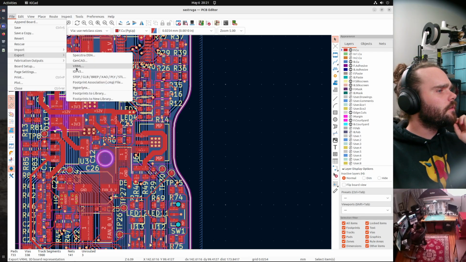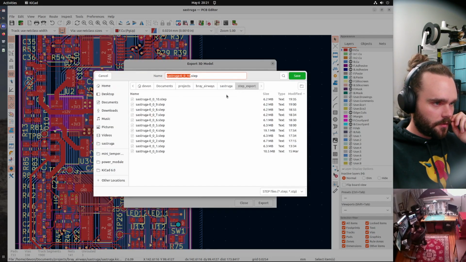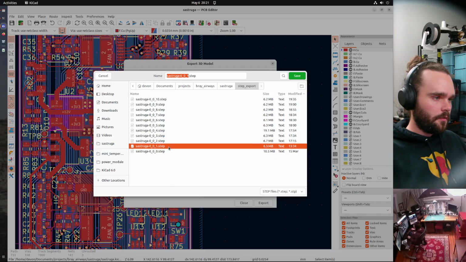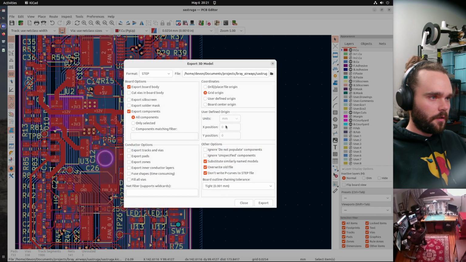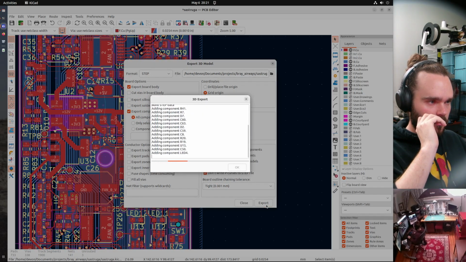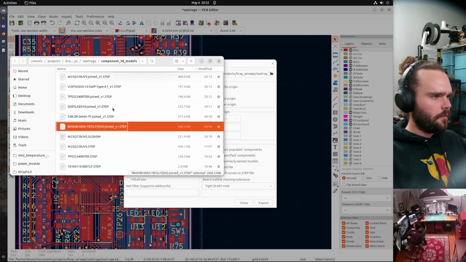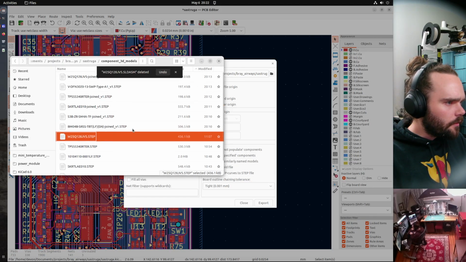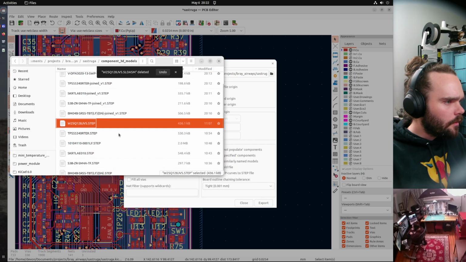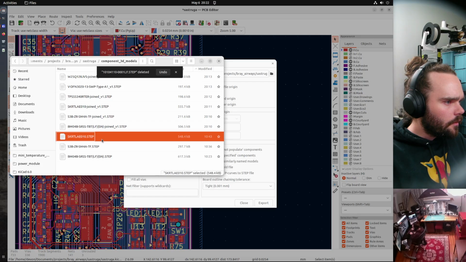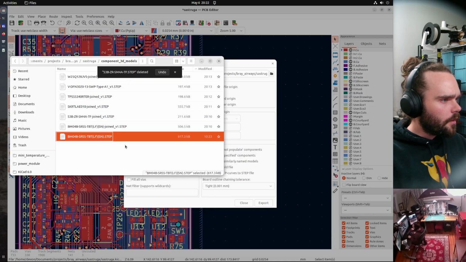Alright, so let's try to export this back into SolidWorks. I'm going to call it 001. Let's go. This is not relevant. Basically, oh wait, crap.